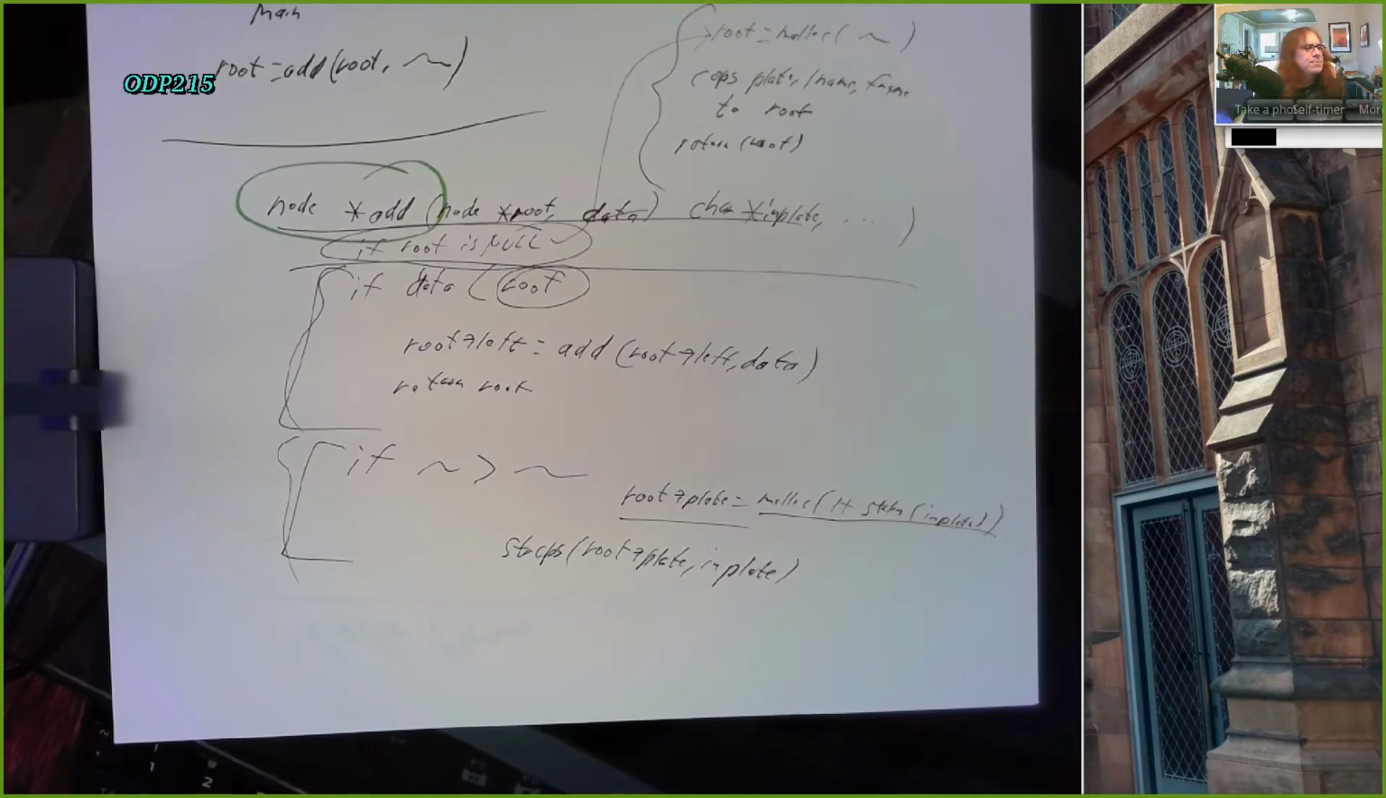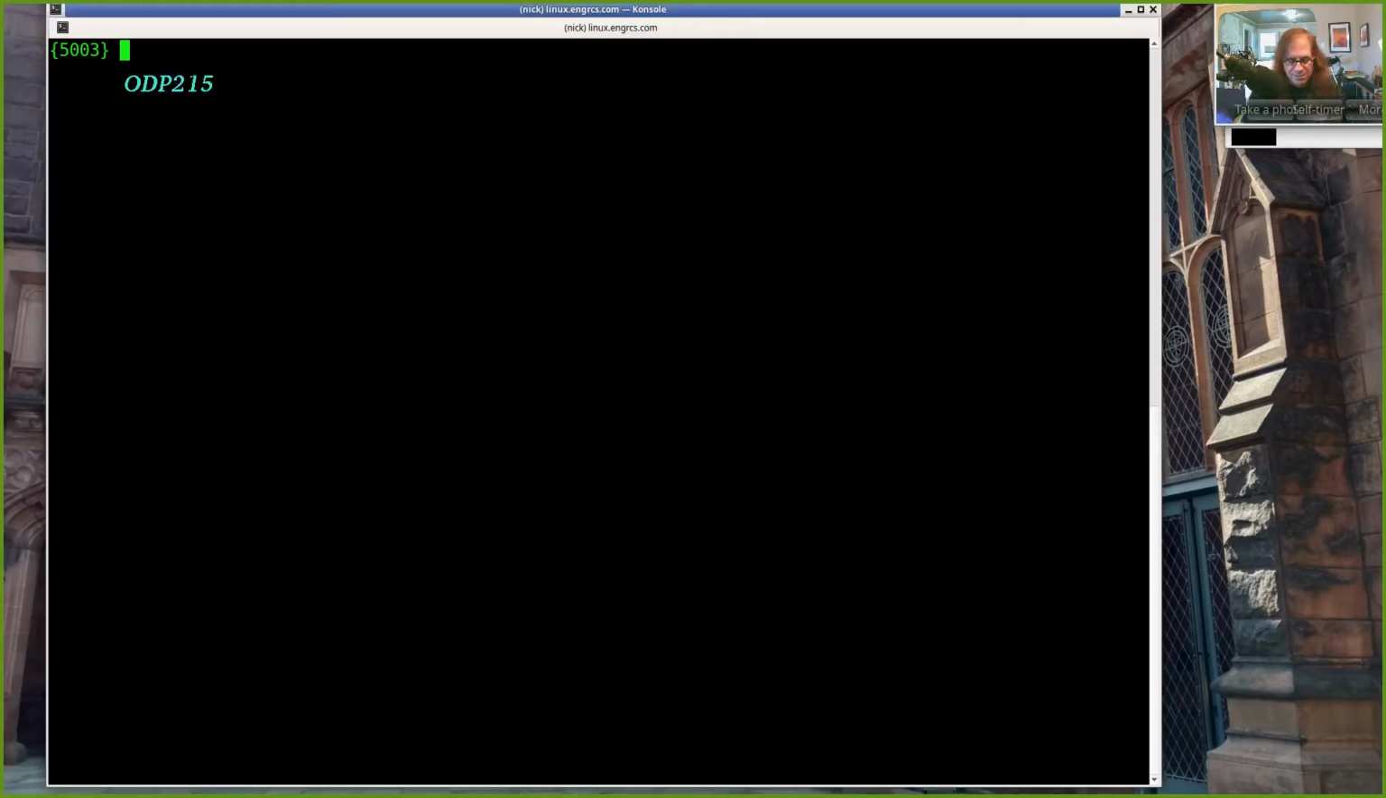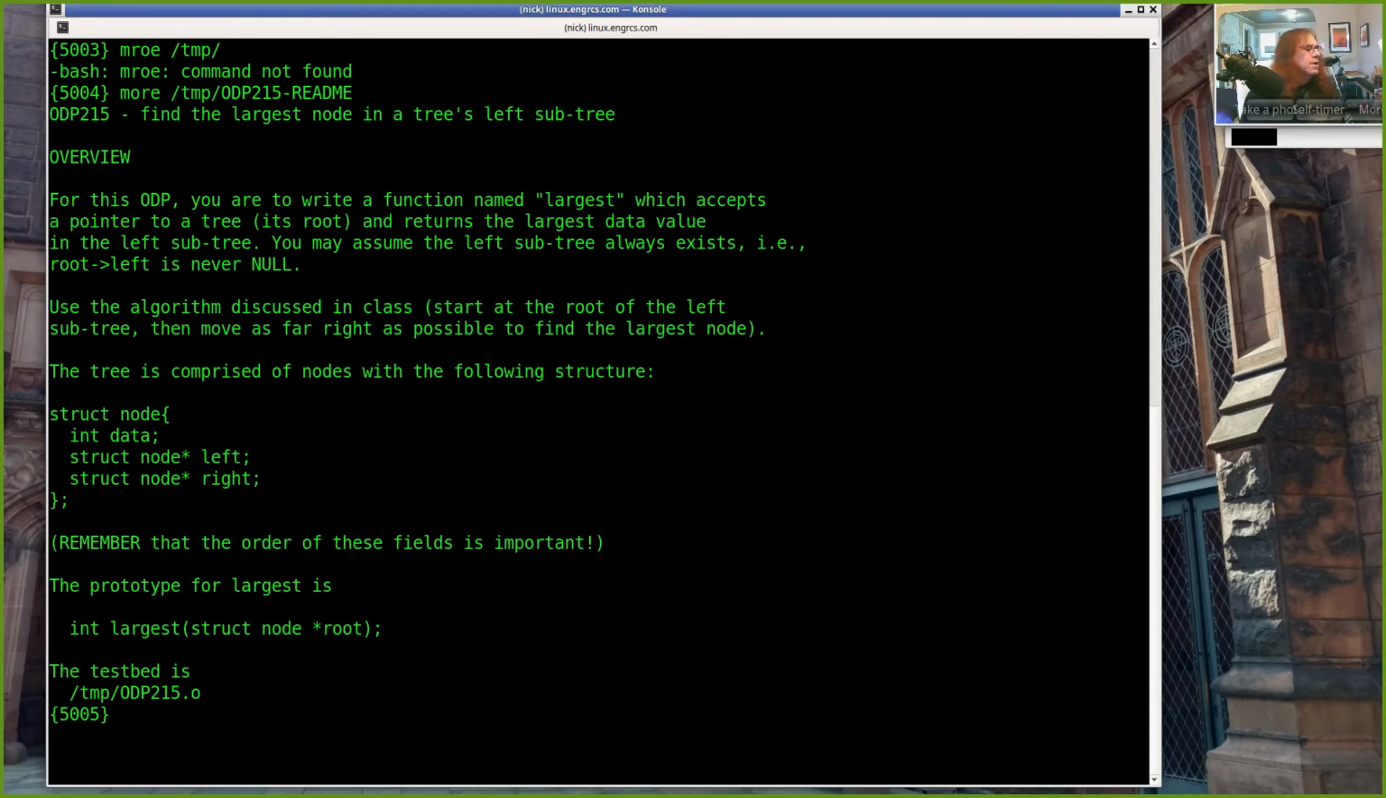All right, let's look at ODP 215. So 215, which is due tomorrow morning at 10. This is related to a piece of your delete function. Okay. Remember, when we delete a node from a binary tree,